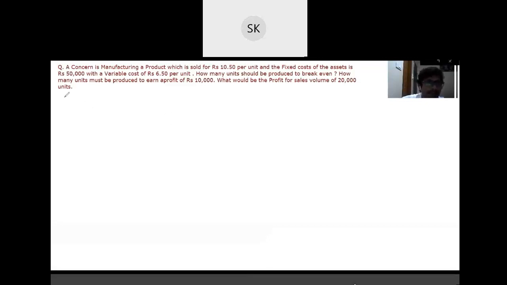Variable cost per unit is 100 and selling price per unit is 200. There is a fixed cost of 20 lakh rupees plus variable cost of 100 rupees per unit. Okay, one unit is costing 100 rupees and the selling price is 200 rupees per unit. So it is asking you to find out the break-even sales quantity,